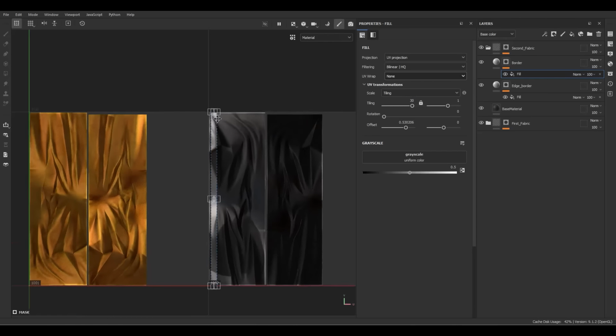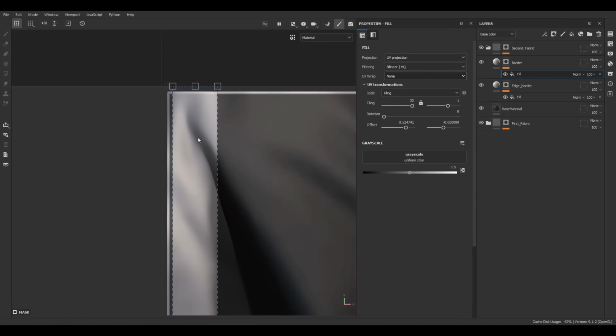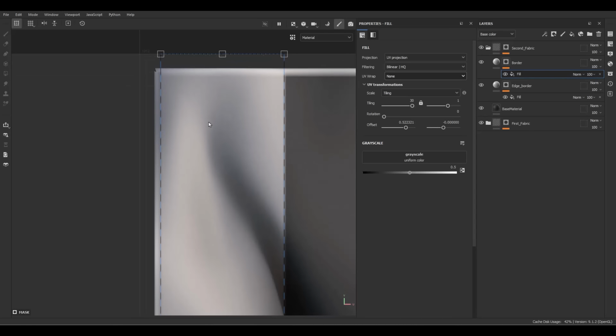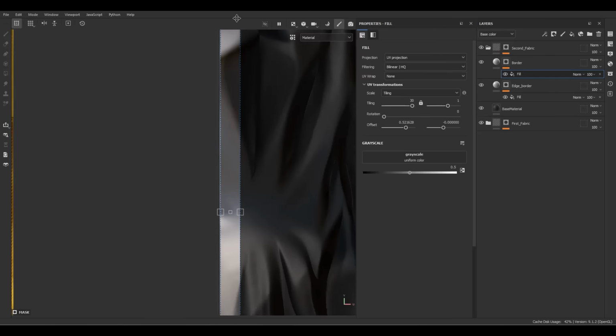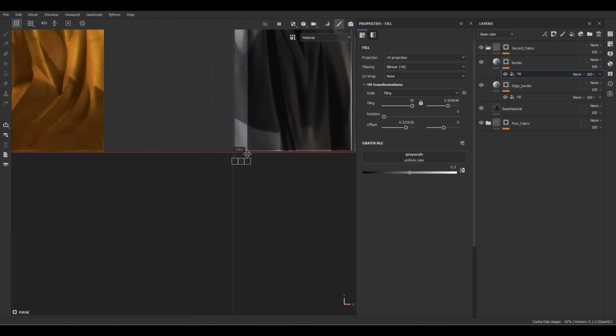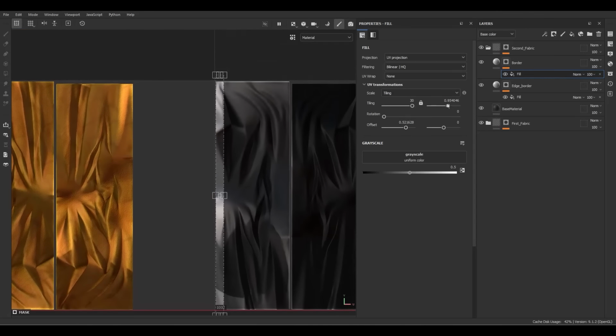Okay, so this is the area that I need for my work. That's great, and I just match it with the border that we had. Okay, that's great. And now we can change the size here